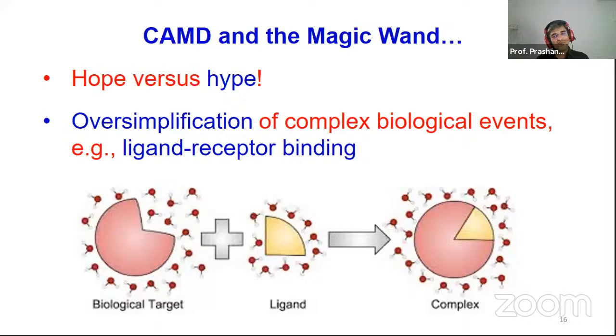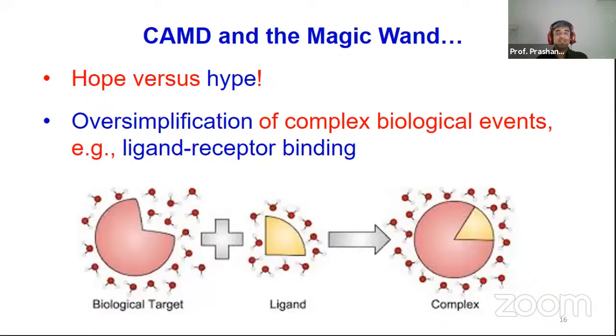So when these two have to bind together and form a complex which will lead to some effect like inhibition of that target, first that layer of water molecules must be withdrawn from the biological target as well as the ligand. But in thermodynamic terms, it doesn't happen so easily. There is an energetic or entropic penalty associated with that. If your ligand is binding with the target and forming a complex, the complex energy has to be much lower than the sum of the individual energies of the macromolecule or target and the ligand.